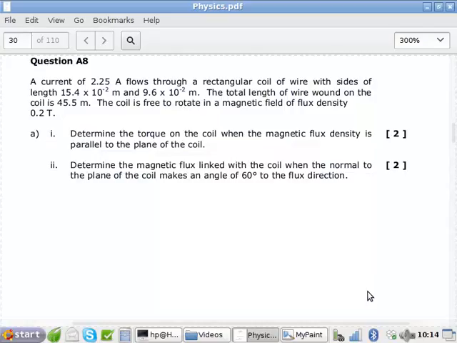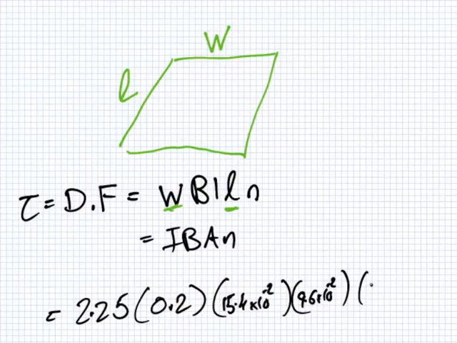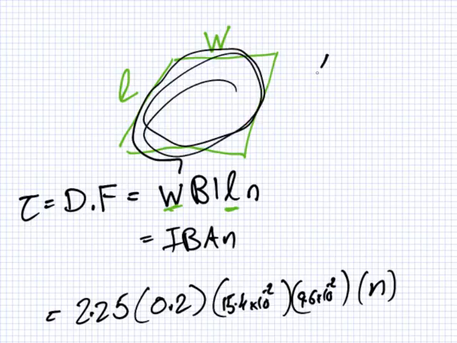Oh, it just wraps around once? No, the total length of the wire was 45. Very interesting. So you have to work out the N. So how long is the wire that goes around it? 45.5 meters. So to work out the number of loops, you'll have to divide it by the total